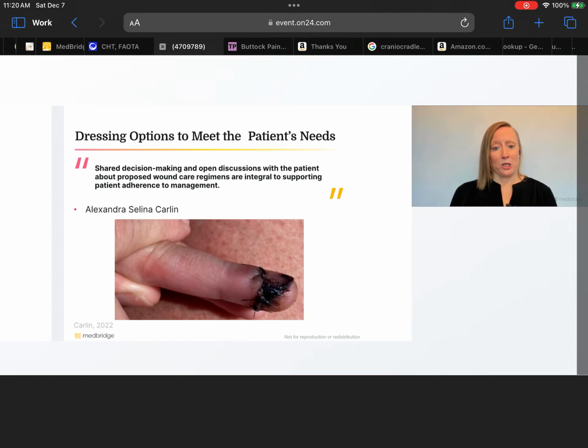And then finally, to close out this chapter, dressing options need to meet the wound, but they also need to meet the patient's needs. So shared decision making and open discussions with the patient about proposed wound care regimens are integral to supporting patient adherence to management. And this is an example, this is a mother holding a child's fingertip. Fingertip injuries are my favorite example of you don't want to wash this every day, right? Who wants to change a pediatric fingertip injury dressing every day? No one. So this is an example of one of those dressings that would come in handy that stays in place for 4 to 7 days to help promote wound healing, and to not put the patient and the parents